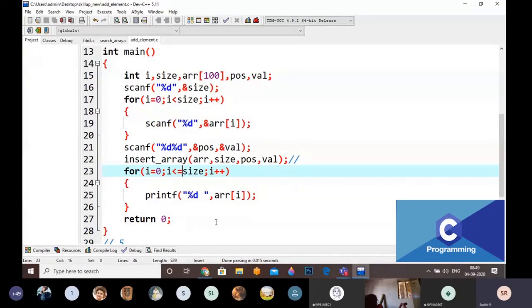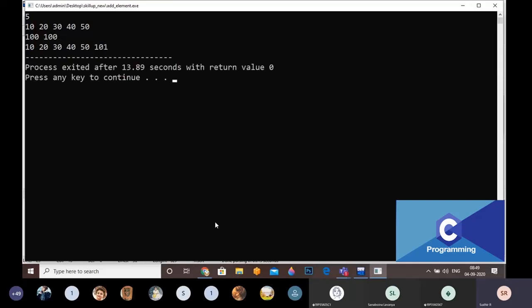Now I am going to give, for example, the values 500, 110, 20, 30, 40 and 50. I am going to give 100 as the position and 100 as the value. Is it working perfectly? No, sir. No, right? That means 101 is a garbage value.